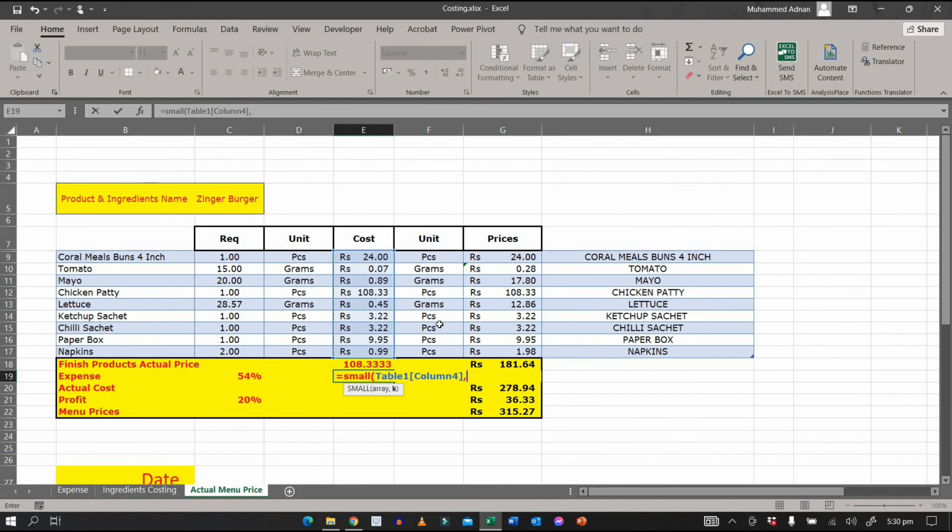If you want to know the smallest value, then you need to press 1. If you need a value which is larger than the smallest value, then you need to press 2. For example, I will take 1, and close the bracket. Now you can see the smallest value appears in front of us.